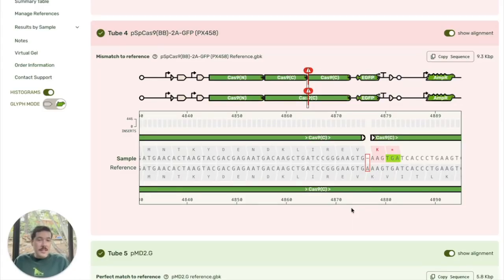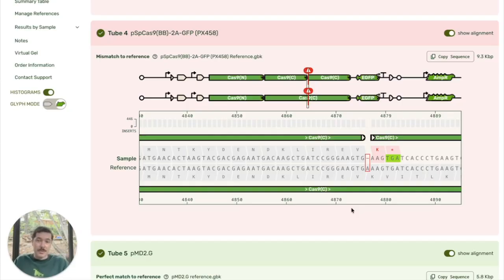And this is a great example of why we say you should sequence everything, because knowing this ahead of time will prevent you spending hours, days, months troubleshooting experiments that were never going to work. You drop this sample in the Dropbox, and by the time you come into the lab the next day, you can click this results email and see that this plasmid is not going to work. You should choose a different one or remake it, whatever it is you need to do, and that will save you a lot of time